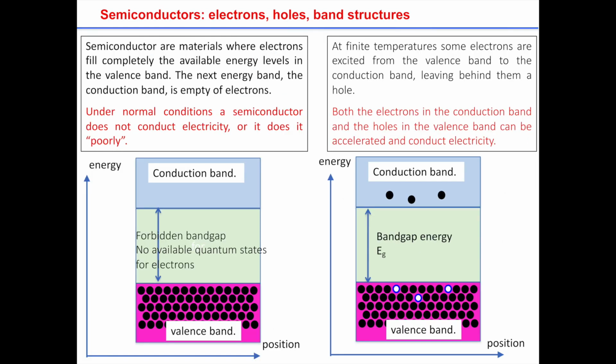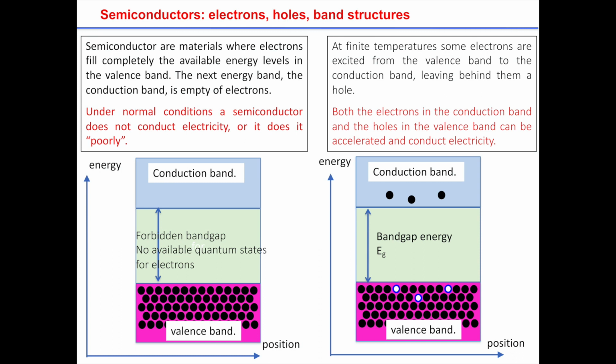You have all the states, this is another representation here as a function of position. All the states in the valence band, the lower band, are occupied, so an electron cannot go from one state to another, and you have no electrons in the conduction band. Of course, this is a zero temperature picture. When you are at finite temperature, you have some thermal excitation of electrons. You can get in the upper band, the conduction band. Of course, you have many other bands. I'm just describing the two most interesting ones for us. And you have lower valence bands, you have other higher conduction bands.